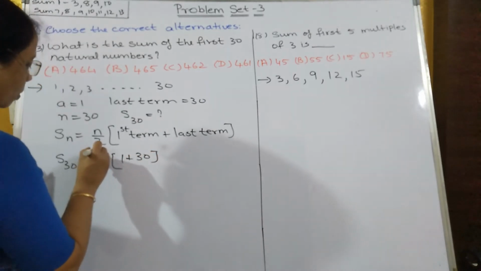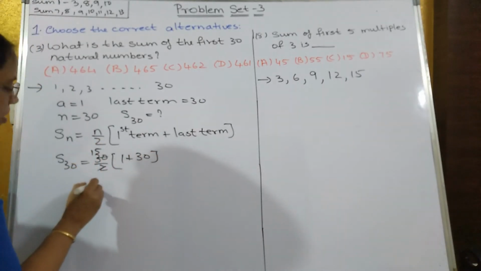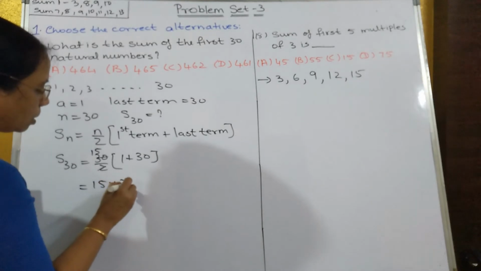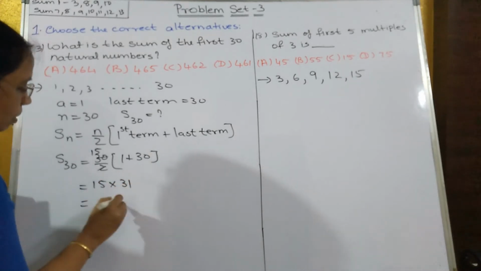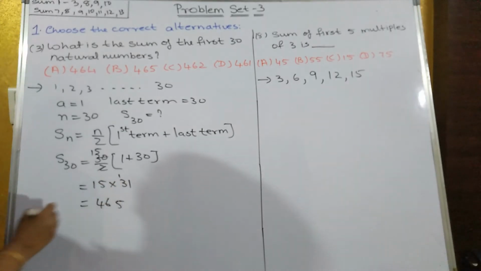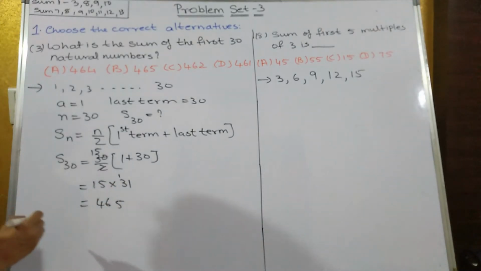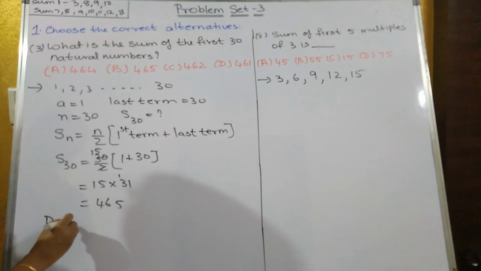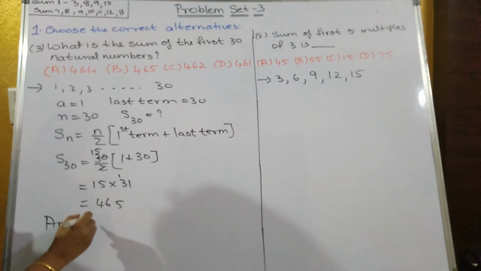This will go in 15 table. So that's equal to 15 into 31. So that's equal to 465. So 465 is the correct answer. So answer is what? B,